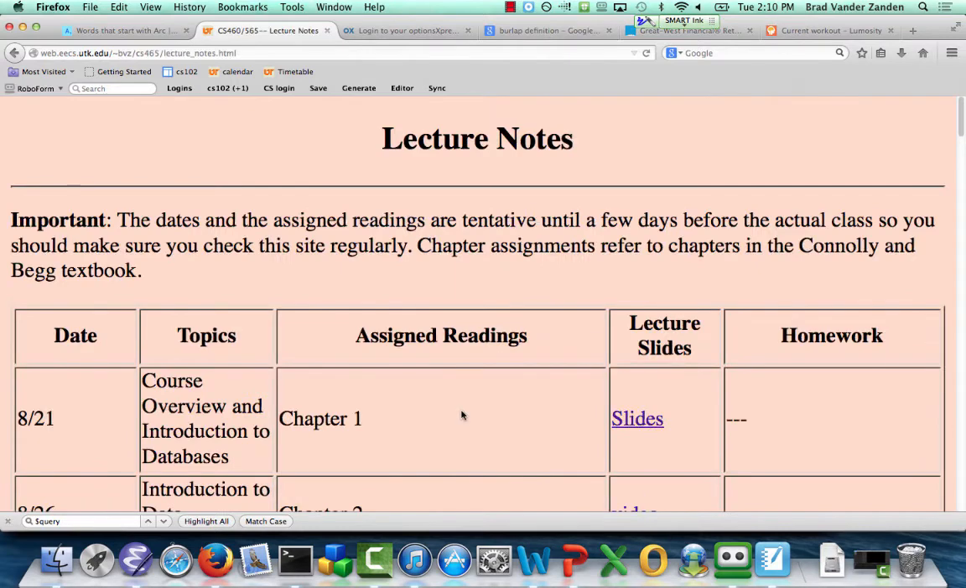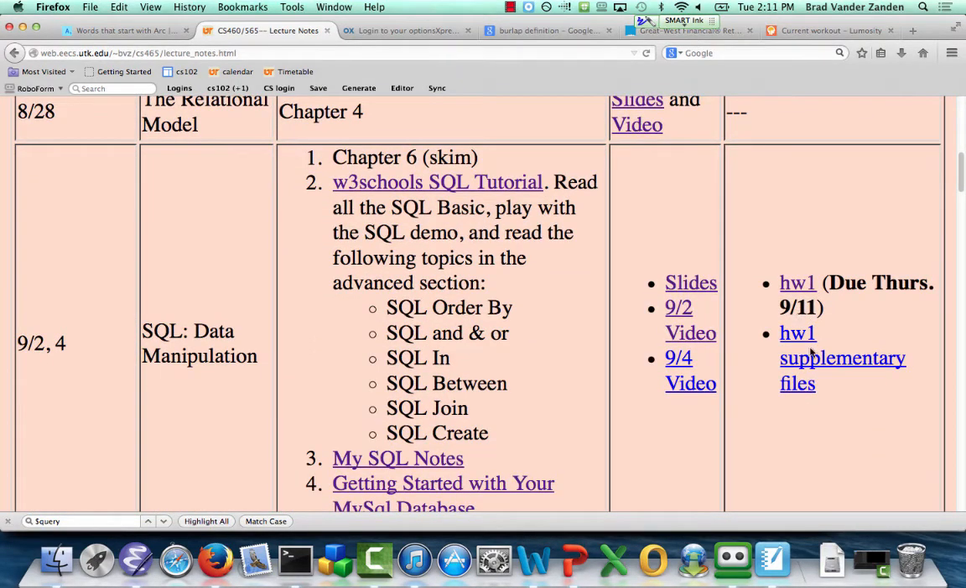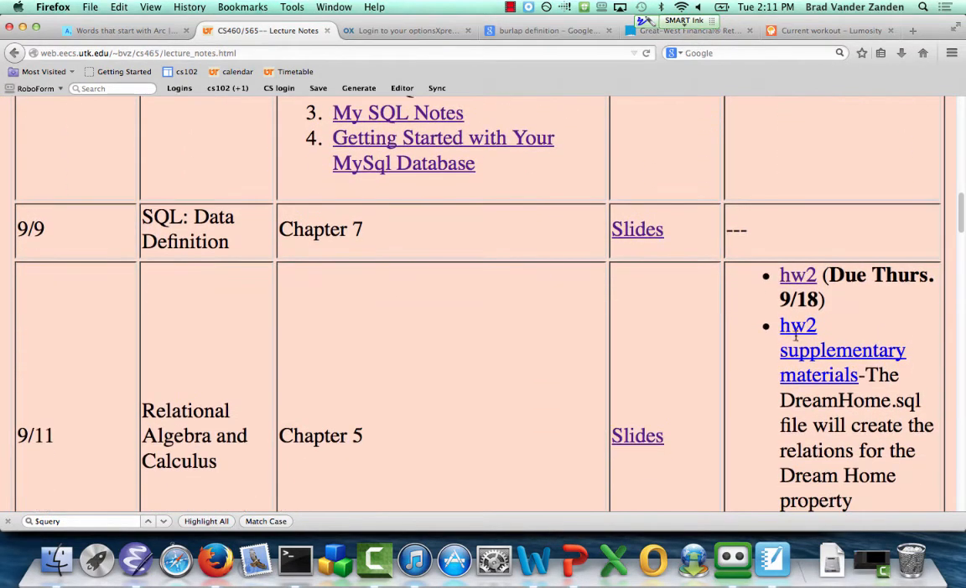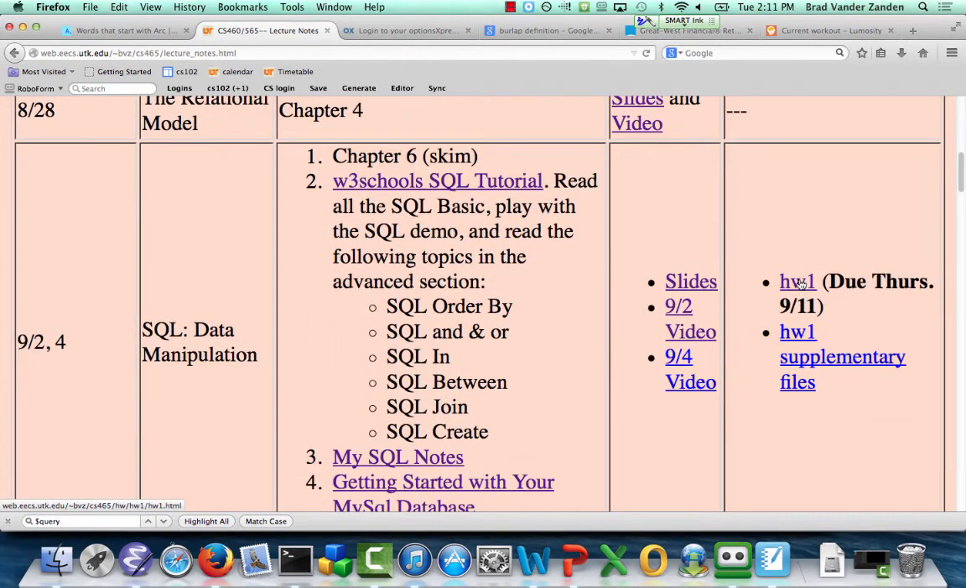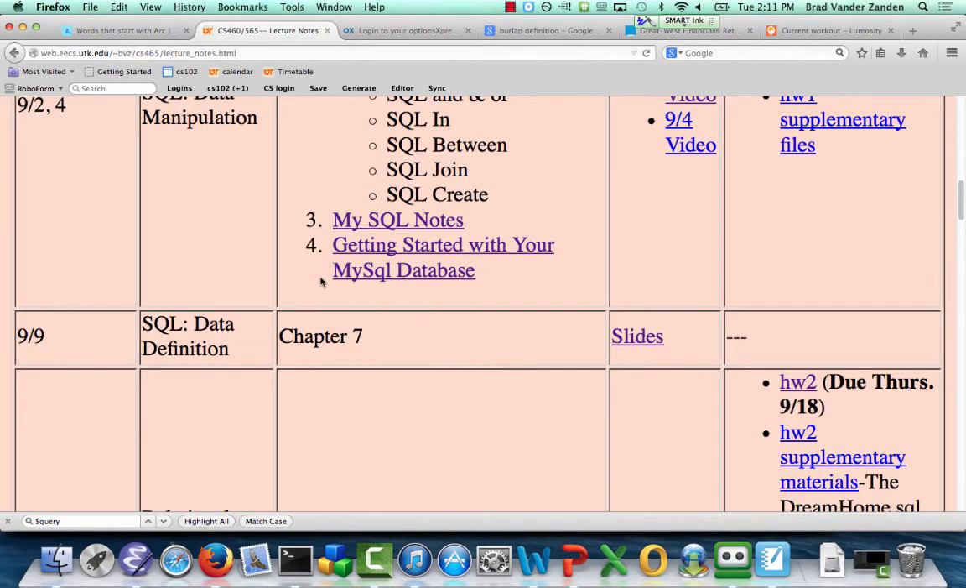If you go to the lecture notes, you can see all the stuff associated with homework 1, and then today I've posted, or you can, Thursday, you can start into homework 2, but if you want, you can always start early as well. Also, there's a lot of slides for today's lecture on the data definition language, and I'm not